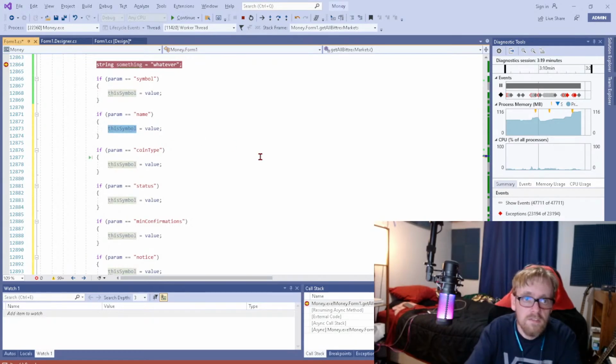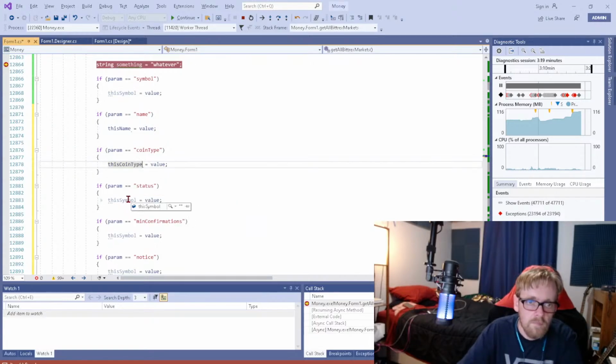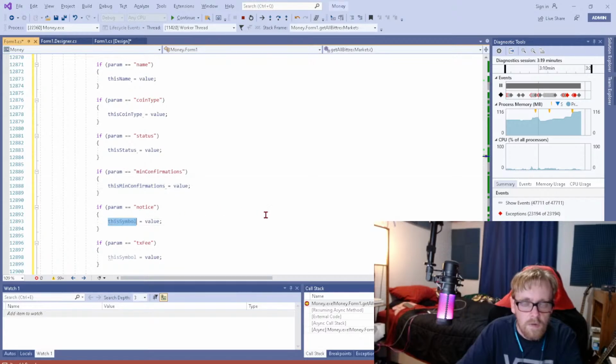So I'll go like this name, this coin type, this status, this min confirmations. Why I'm doing all of them instead of just the ones I know I'm going to need